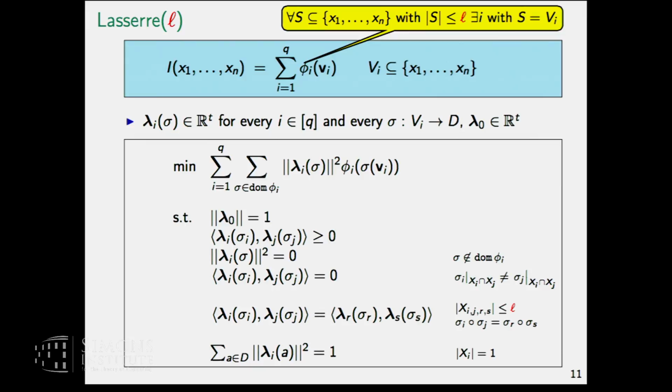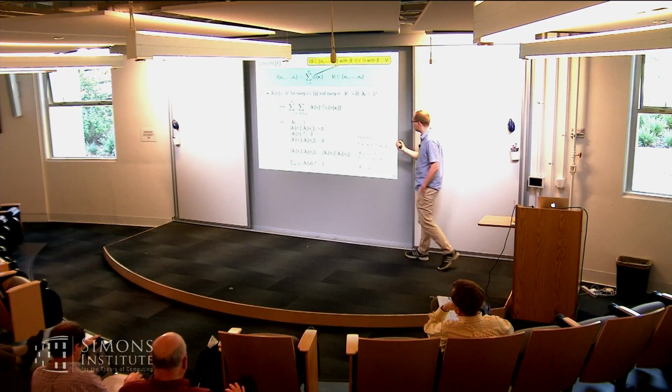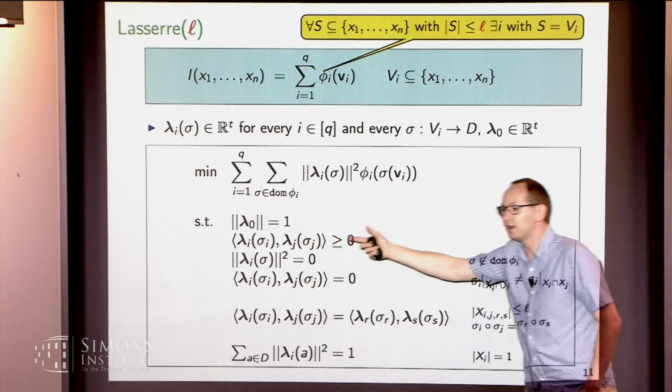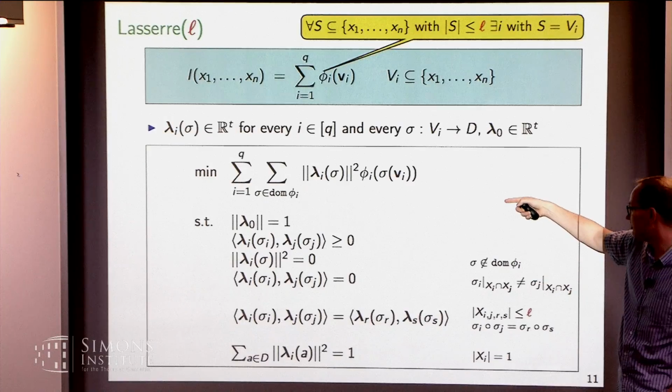And the relaxation, there are a lot of equivalent ways of doing it, but this is the one from the literature, so it doesn't correspond precisely to the previous one. You could make them almost syntactically identical. So let's have a look. We want this lambda 0 to be a unit vector. You should think of these lambdas so that the norm squared is the probability, so this quantity is the probability that the ith term gets assigned values according to sigma, as before. So for instance, if the local assignment gets an infinite value, then it's 0. If you take the inner product of any two, it's non-negative. This one should be a unit vector.